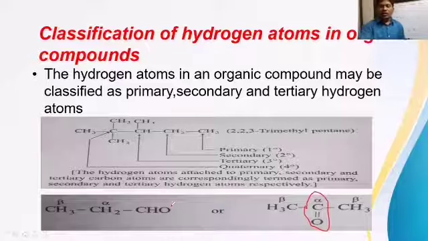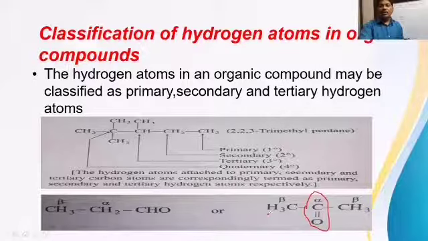Then the CO group, C double bond O, is not a chain terminating group. It must be present inside the chain. It should not be at the end of the chain. It cannot be a chain terminating group. In the case of C=O, that is the ketone group, we have to allot alpha to that carbon only. So the ketone group carbon itself is taken as alpha carbon, and the other carbons attached to the alpha carbon are called beta carbons. So how many beta carbons here? Check it. 2 beta carbons, because the carbon directly attached to alpha must be taken as beta.